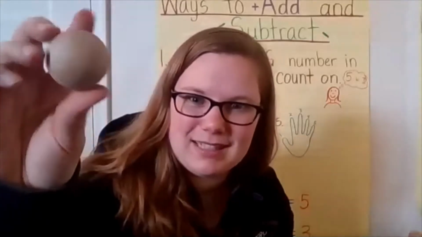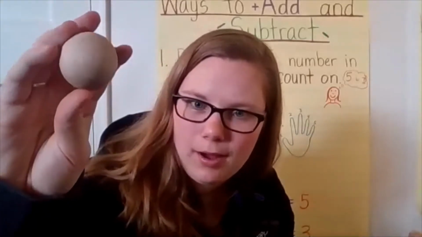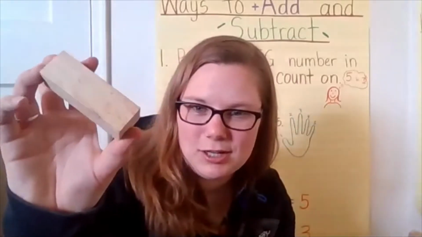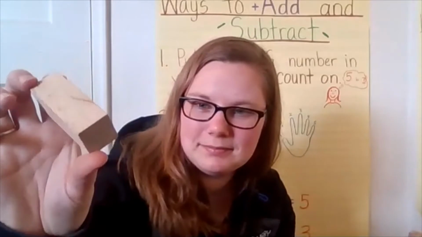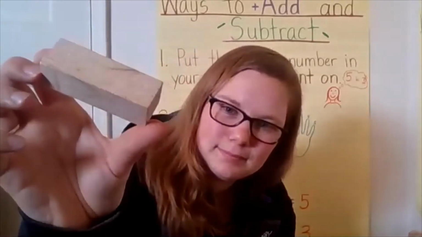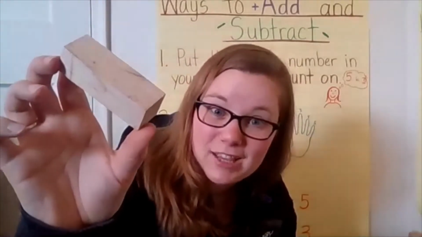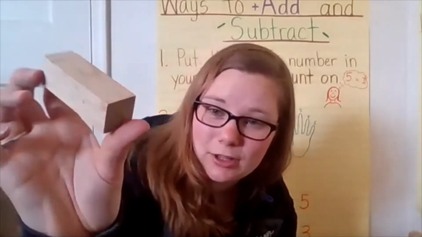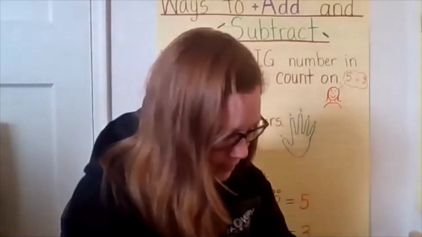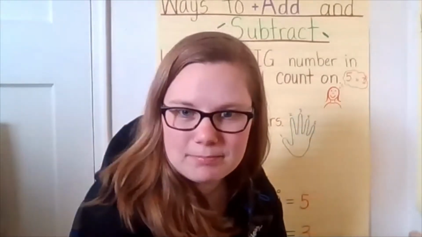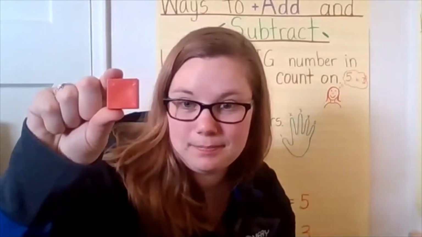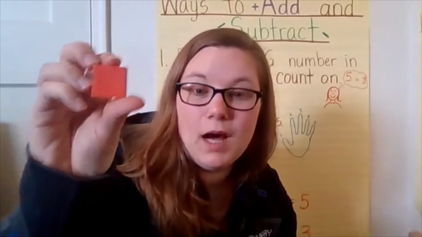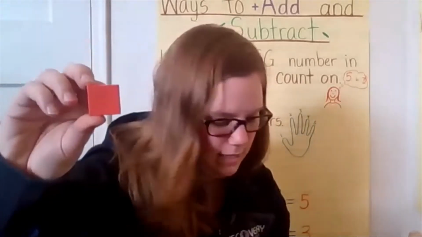A sphere. This is a sphere, and it looks kind of like a ball. What is this 3D shape? This is a rectangular prism. Isn't that a really long name? Rectangular prism. What is this shape? A square. This is a square and it is a